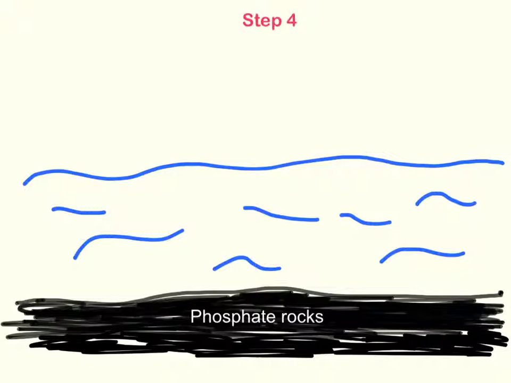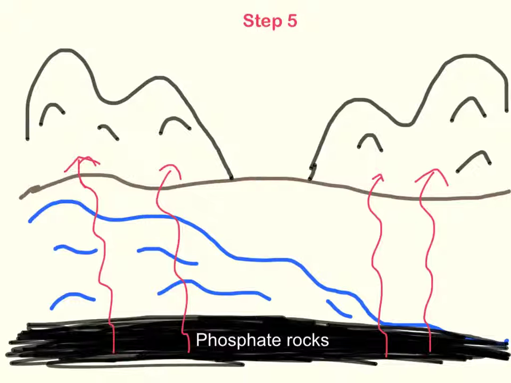In the fourth step, dissolved phosphate precipitates out of solution and contributes to the ocean sediments. Conversion of sediments into phosphate rock is a very slow process. In the last step of the phosphorus cycle, geologic forces can slowly lift up phosphate rocks from the ocean floors